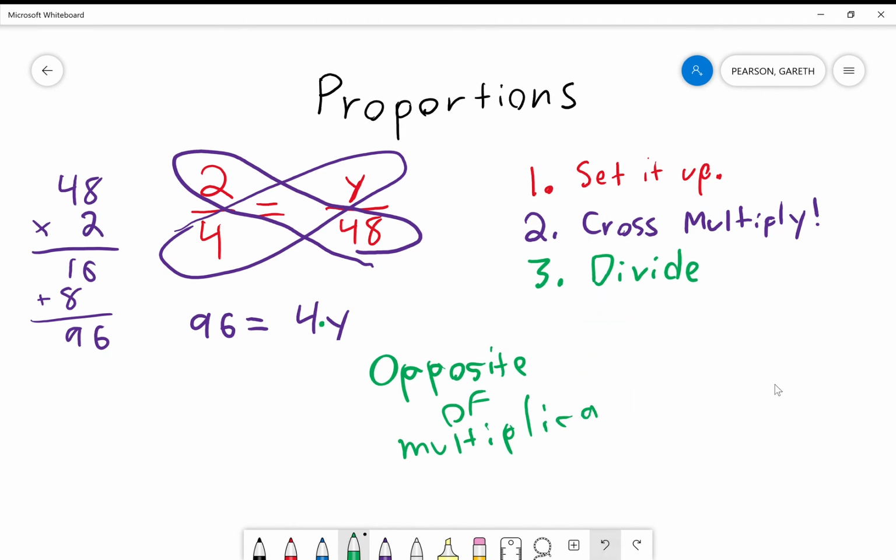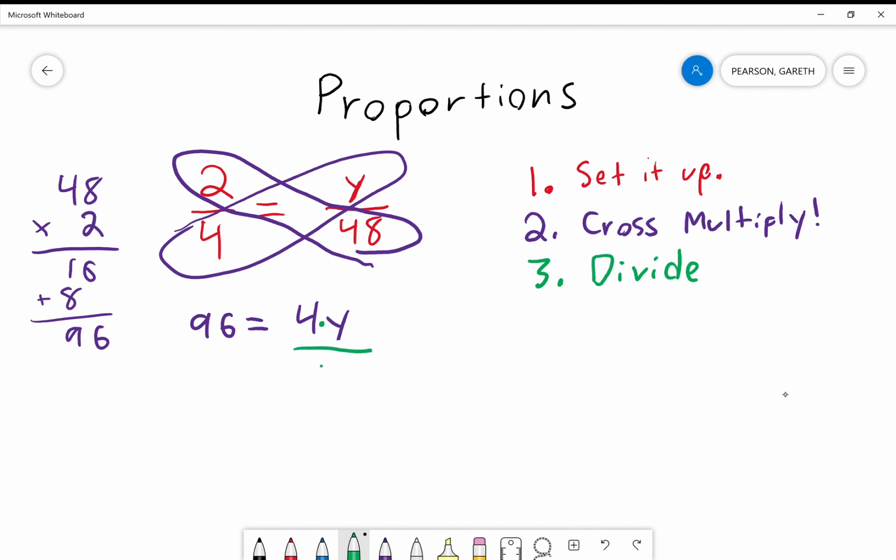So, okay, we're just going back here, erasing all of that. The opposite of multiplication is division. That means that instead of multiplying by 4, you're going to divide by 4. And what you do on one side, you do on the other. 4 divided by 4 cancels out, and you are left with your final answer of y equals 96 divided by